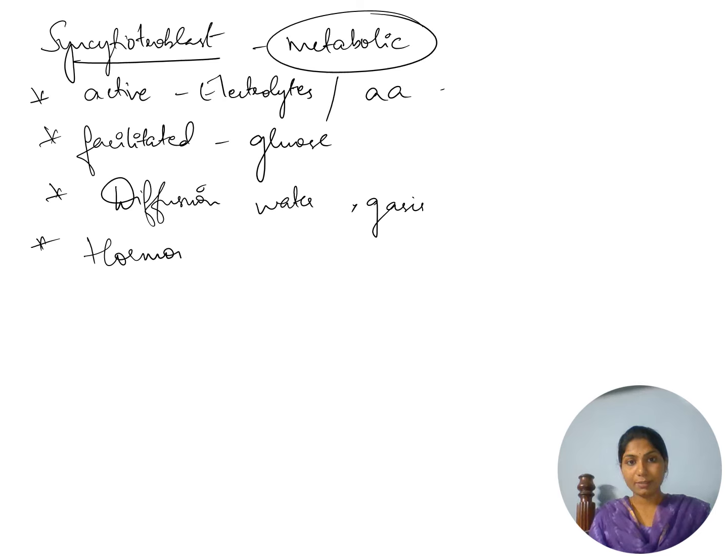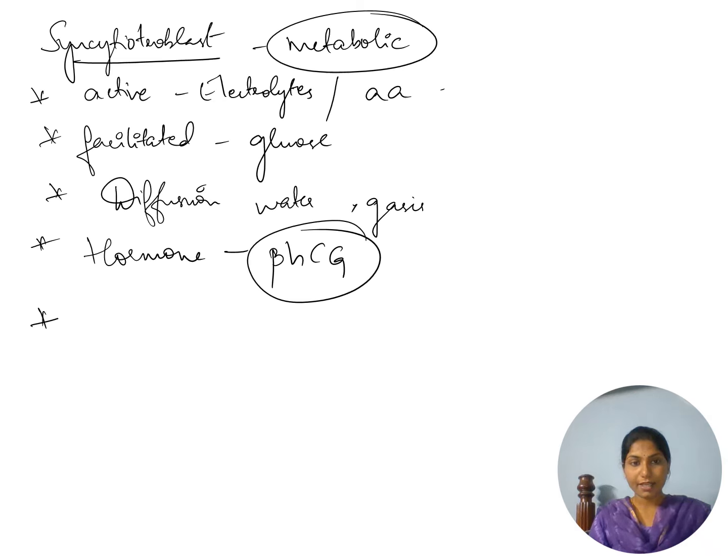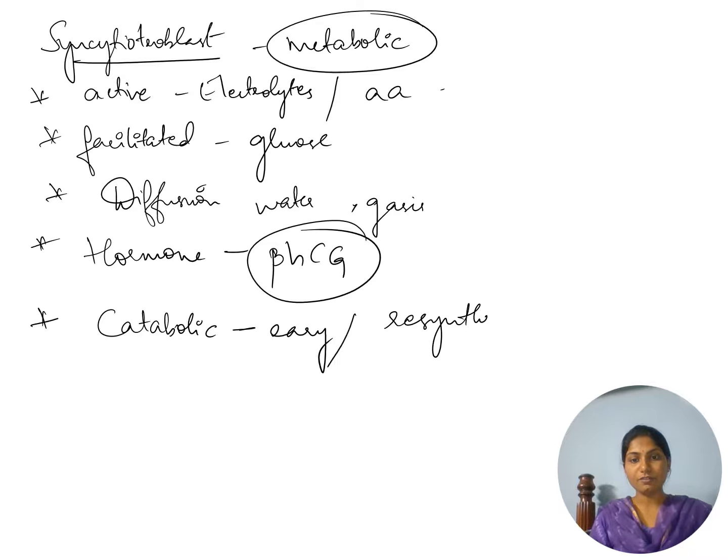So, which is the pregnancy hormone, that is the beta HCG, which is also secreted by the syncytiotrophoblast, which helps in the maintenance of the pregnancy, and it also has a catabolic role during the early part of the pregnancy, and in the late part of the pregnancy there is also resynthesis of proteins and lipids. So in the early part of the development it is mostly catabolic, but in the late part it helps resynthesis